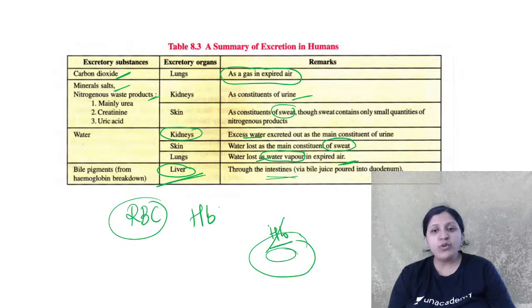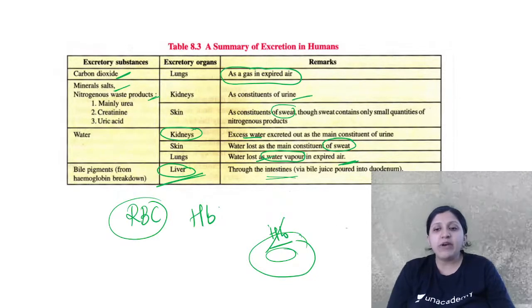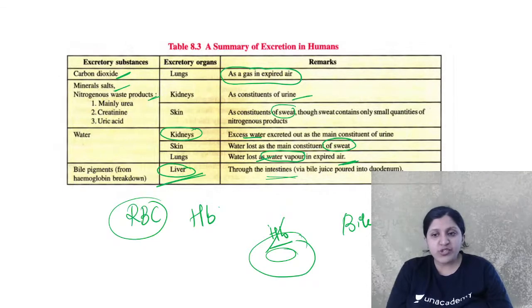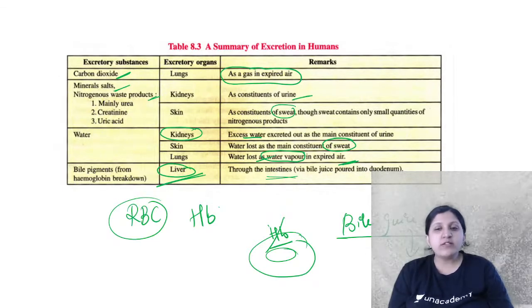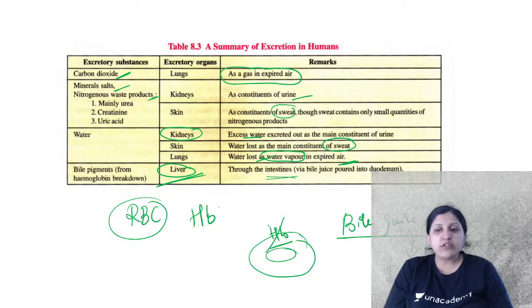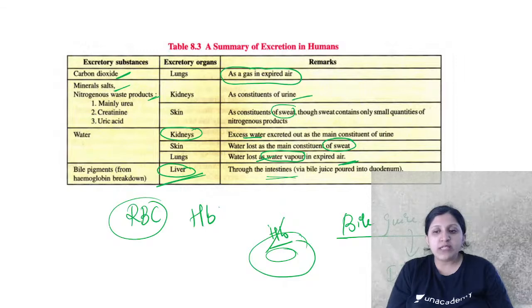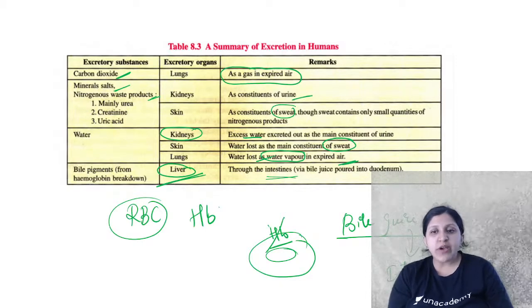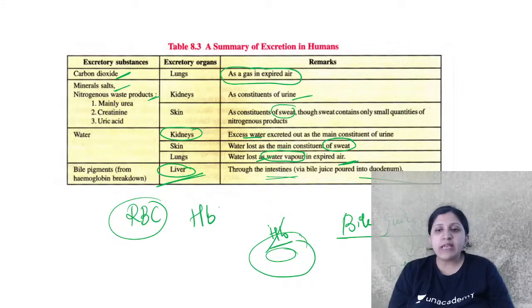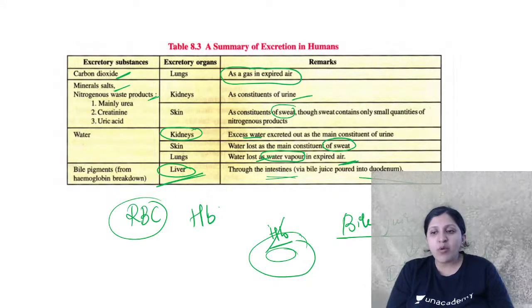Through the intestine, once the bile pigments are formed, that is, once bile juice formation occurs, it opens through the duct into the intestine. So it is bile juice poured into the duodenum. That means the intestine, mainly the duodenum, is going to open up,